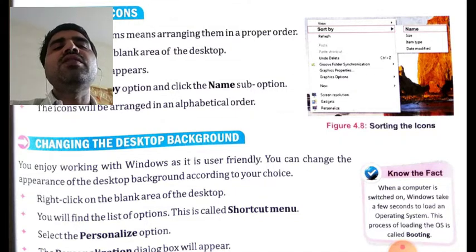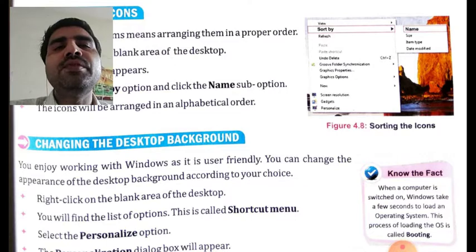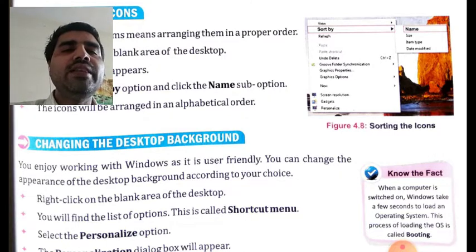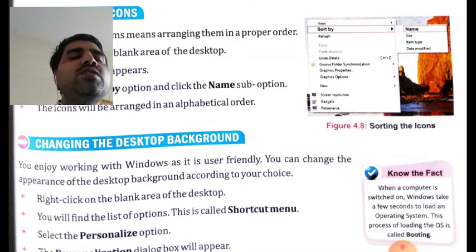So in the foreground, or in the front, what is there on the desktop? On the desktop we have different icons which can be used for opening different types of programs and documents. These different icons and shortcuts are there on the desktop screen. But what do we have in the background? We have either an image or a plain background. So we can also customize the desktop background as per our choice.